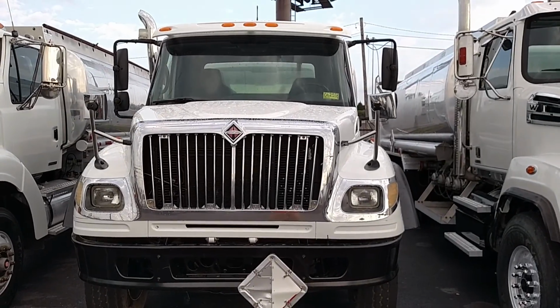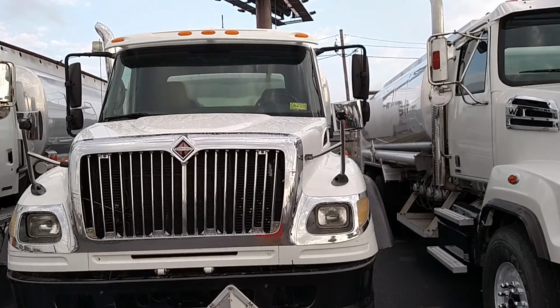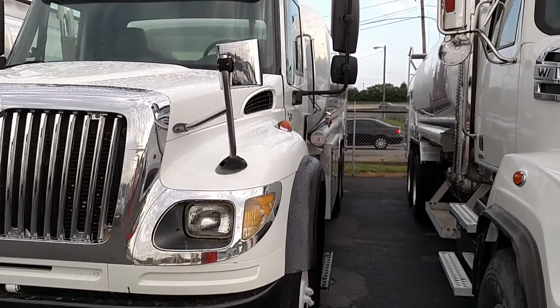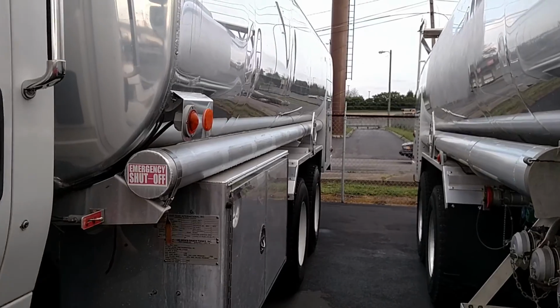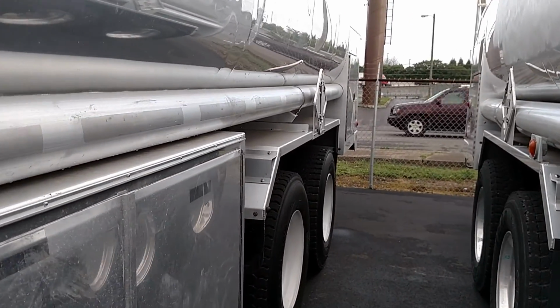Today we're looking at a 2006 International 7600, stock number 062558. It's got an ISM Cummins 305 horsepower engine and a 10-speed Eaton Fuller transmission. It's got power steering, air brakes, air conditioning, cruise control, AM/FM radio, tilt wheel, power divider, mirror heat,